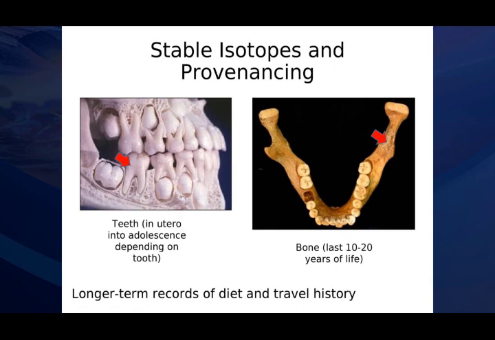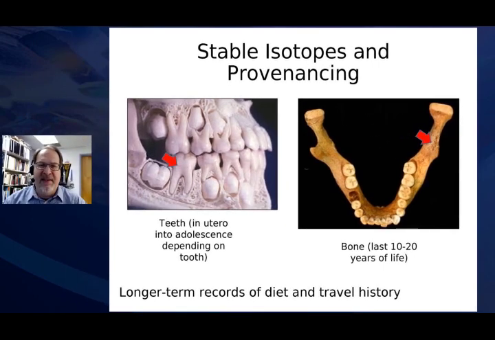Whereas bone provides a much longer archive of time. And so if you're sampling from a femur, you could be actually sampling an interval of time on a scale of 10 to 20 years. If you're sampling a rib, you're probably sampling on a scale of something like 5 to 10 years, because ribs remodel faster than a femoral midshaft. Okay, so we can get information from teeth and bones that will give us information about childhood and